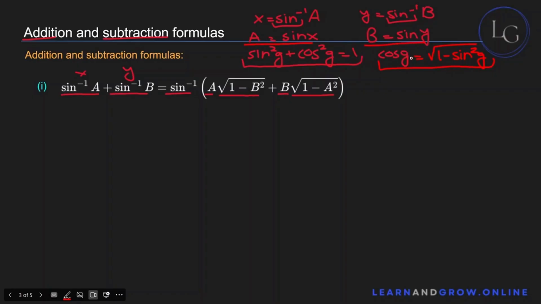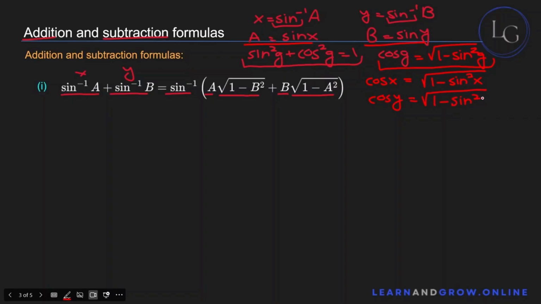So cosine of x is equal to under root of 1 minus sine square of x,